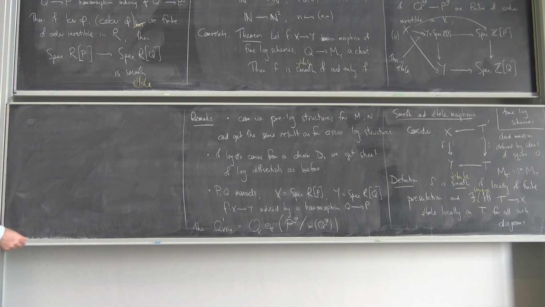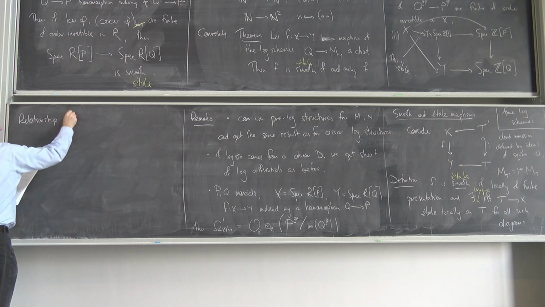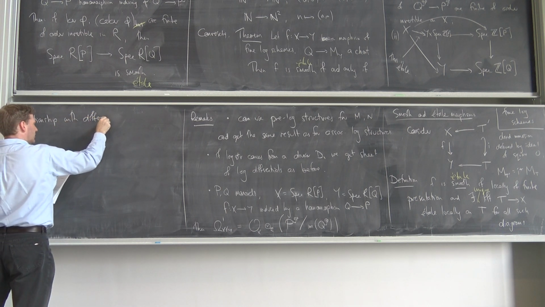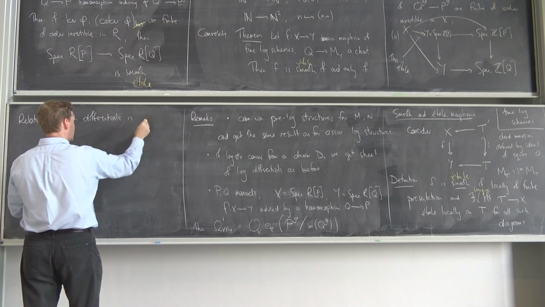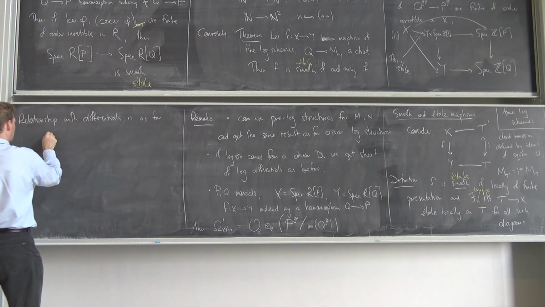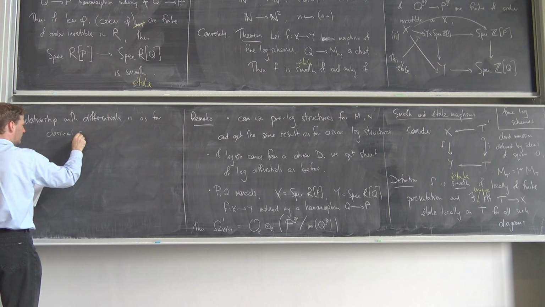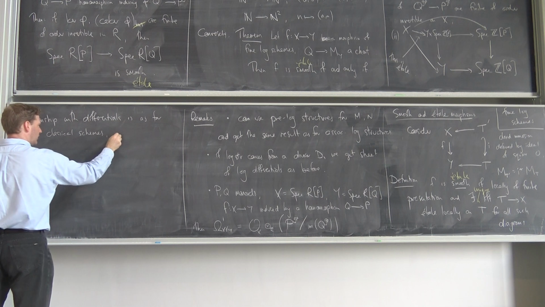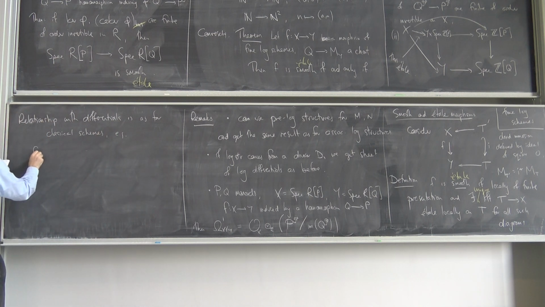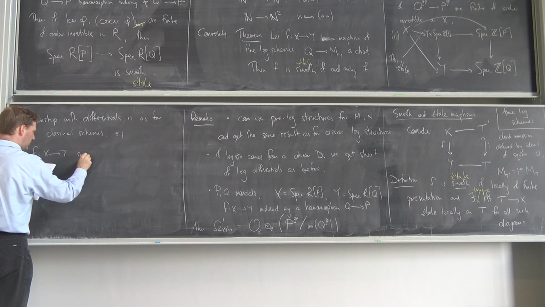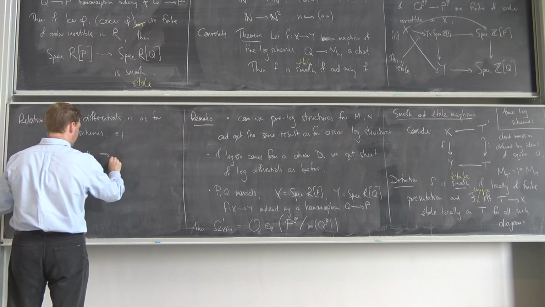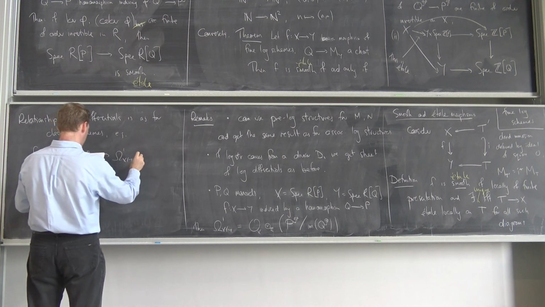Okay, let me just start. The thing with the differentials goes through exactly as for normal old-fashioned schemes. So the relationship with differentials is as for classical schemes. So for example, f from X to Y smooth implies that Ω¹ of X over Y is locally free